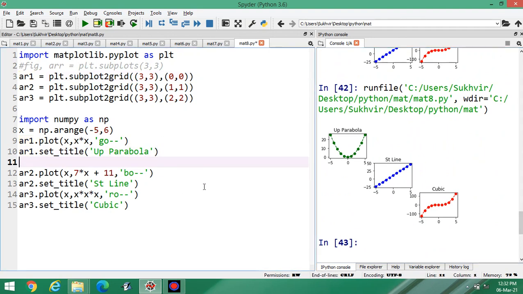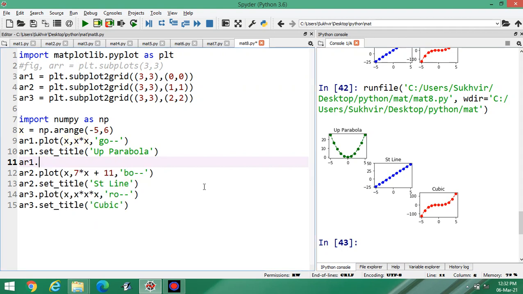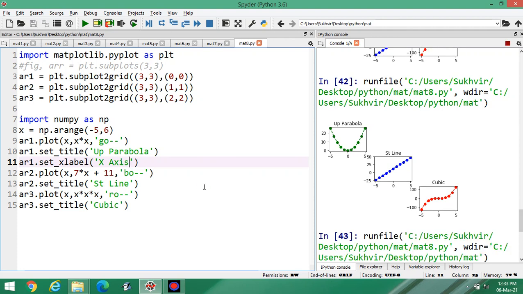Suppose I am writing here ar1.set_xlabel, suppose I am writing here 'x-axis'.